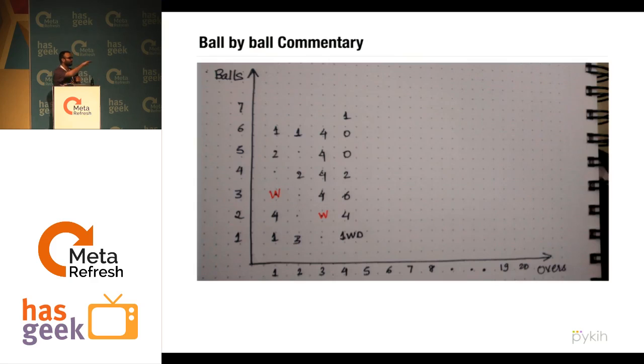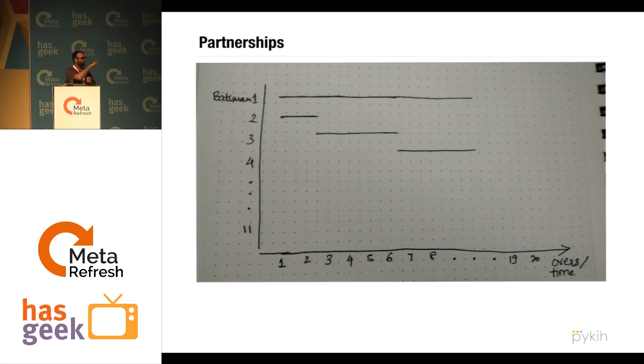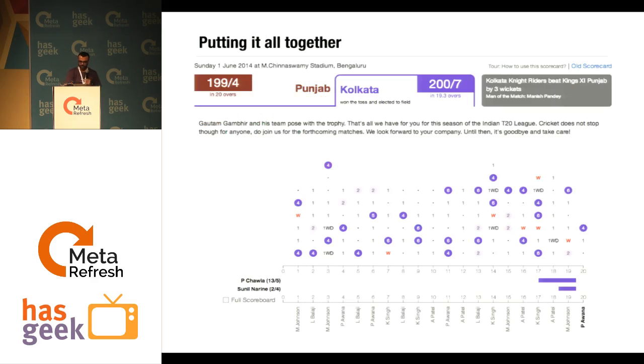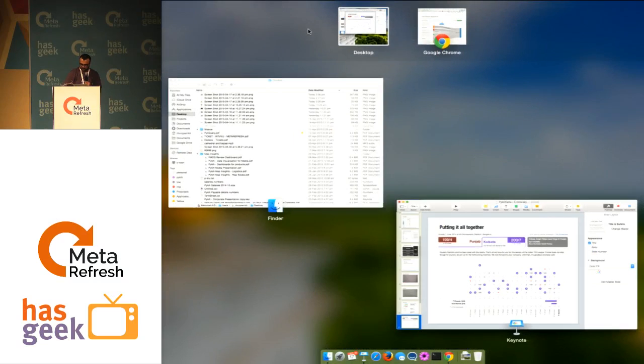And then we started plotting out the data. On the x-axis, we have overs. On the y-axis, we have balls. And we started plotting each and every run scored. Dot balls were de-highlighted. The wickets were outliers, so they were highlighted. Then we started plotting overs on the x-axis and batsmen on the y-axis and started drawing a Gantt chart of sorts. That is the existence of batsmen across overs. When you combine the two, you basically get a scatter plot on the top, which is giving you runs, and a Gantt chart at the bottom, which is telling you partnerships. We combined these principles and we came up with an innovative scorecard,